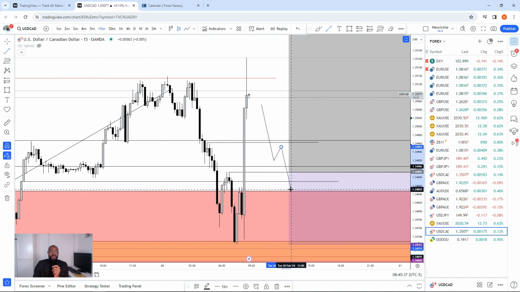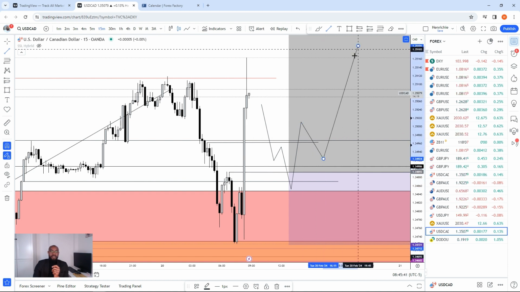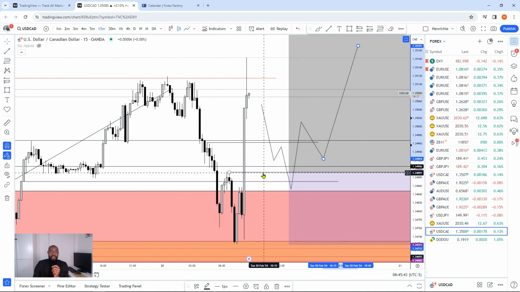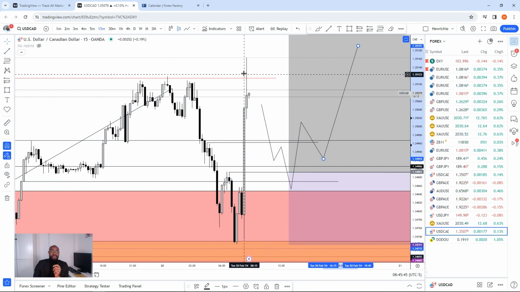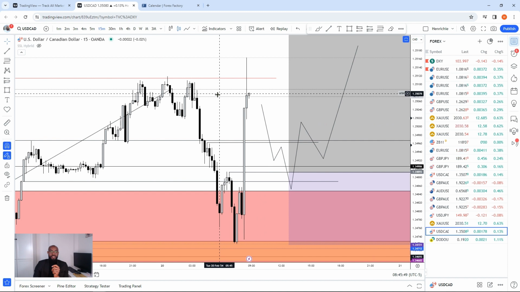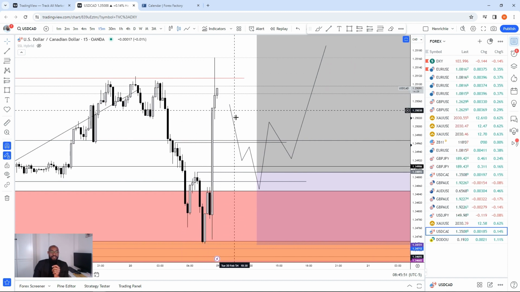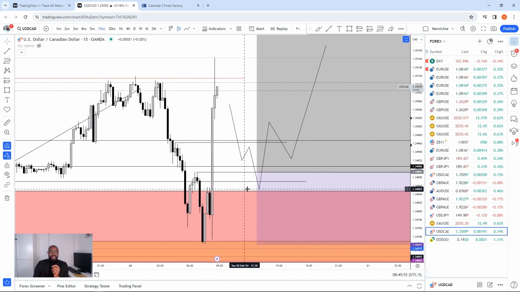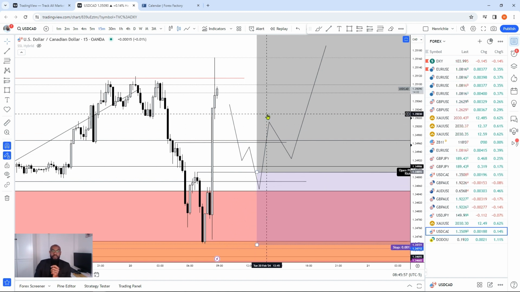So we can wait for further confirmation. Rather than placing limit orders right here, we place an alert here and wait for a 5 minute shift in market structure. Whenever price eventually comes in here and we see a 5 minute shift in market structure, then we can potentially look for buys